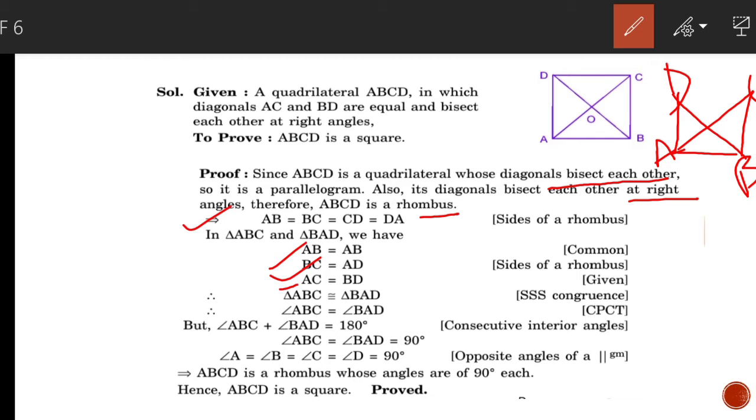Since we are using three sides, we can say triangle ABC is congruent to triangle BAD by SSS congruence rule. Since the triangles are congruent, we can say angle ABC and angle BAD are equal by CPCT. Also, the angles A and B of the